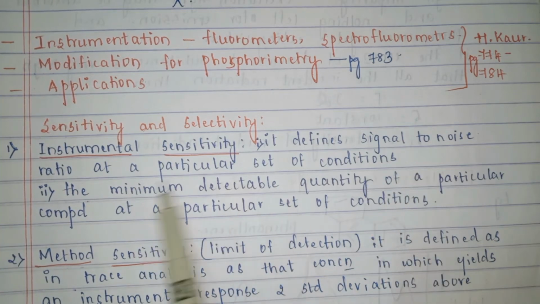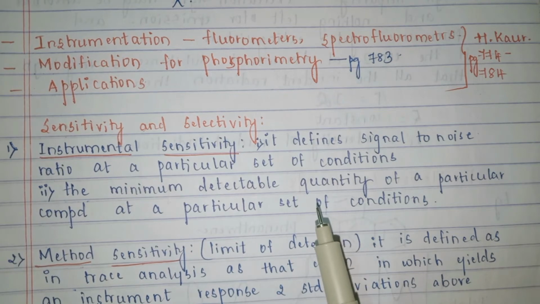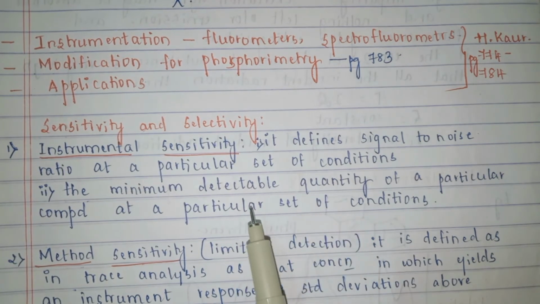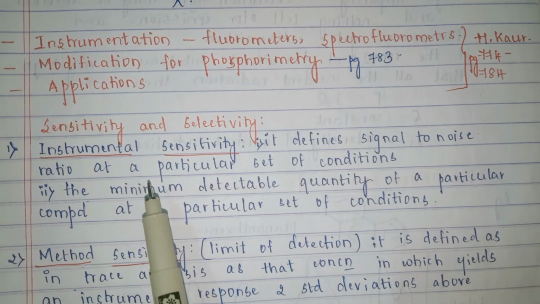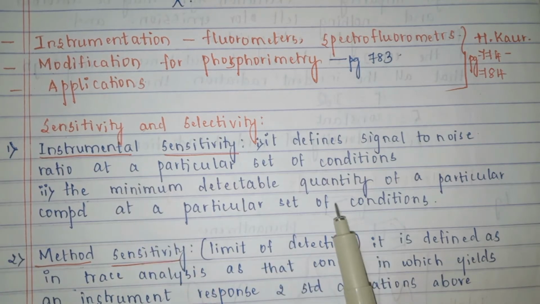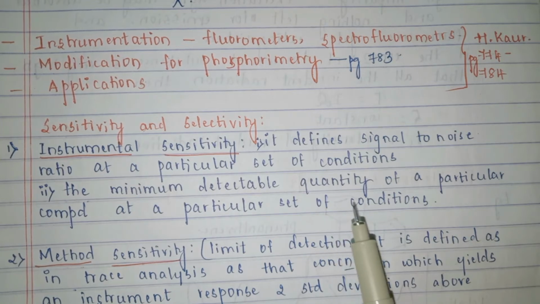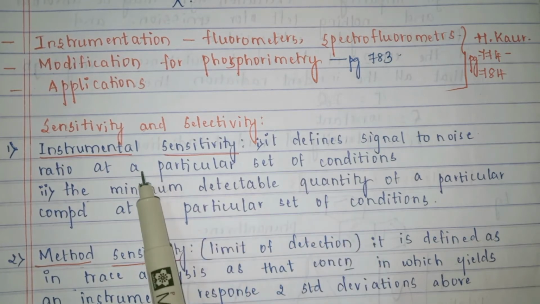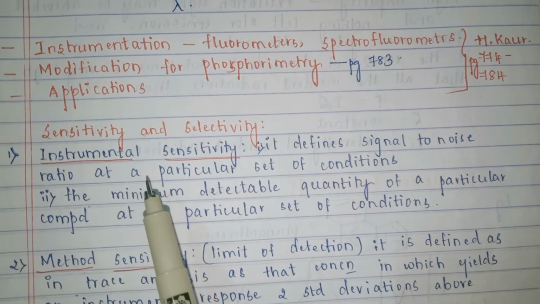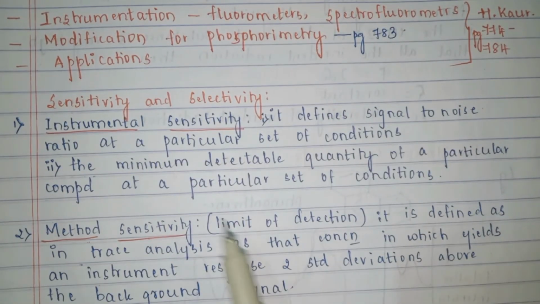Now how much less concentration can I make use of? Can I just make use of 0.1 gram, 0.2 gram and then dissolve it in a solvent, and can I do a fluorescence spectra? This also is determined by the instrumental sensitivity. In how much less quantity can I do a complete fluorescence experiment is again dependent on the instrumental sensitivity. This is based on the instrument system.